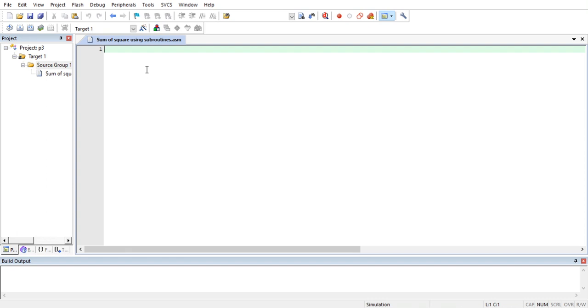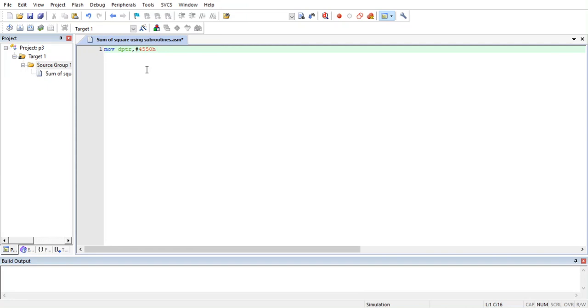Yeah. So first what we are going to do is that we are going to take up data from memory location, some random memory location from the external RAM. So we'll see how we can take data from the external RAM. Okay, so let's take a memory location. Let's choose a memory location 4550. So let's take it as move dptr comma hash 4550h. So here we are accessing the external memory, so we'll be taking the data.